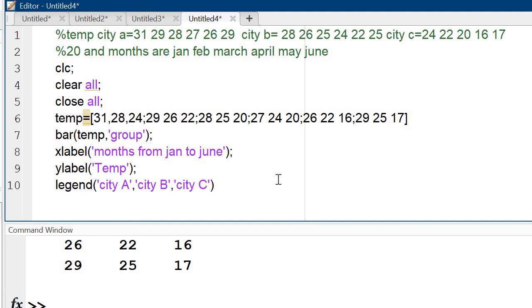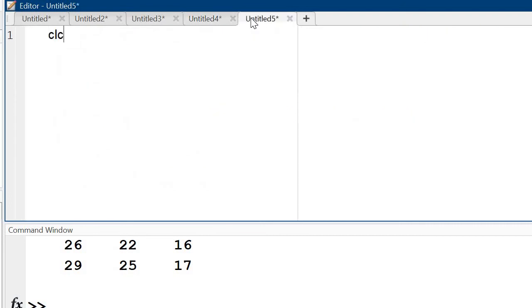Next is the pie function. Again start with clc, clear all, close all. Now in this pie function, I am taking some values.